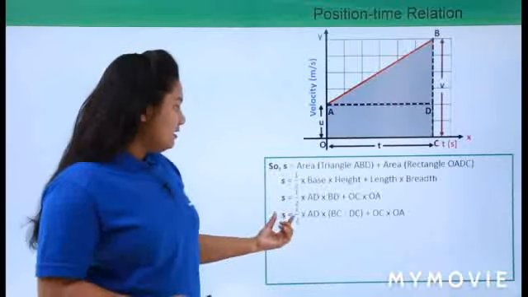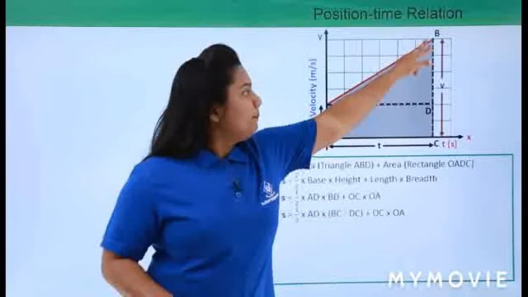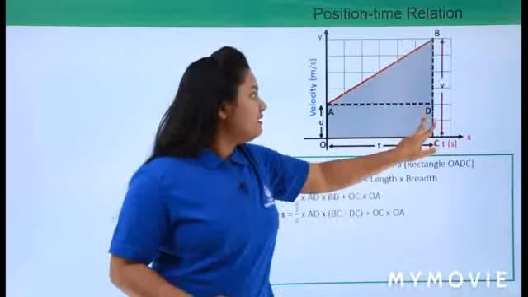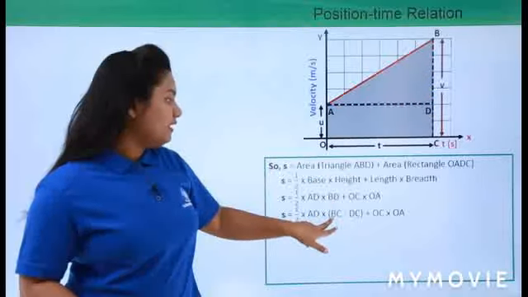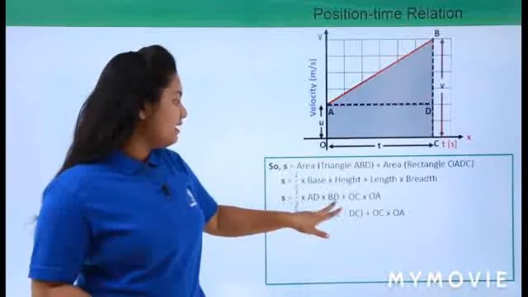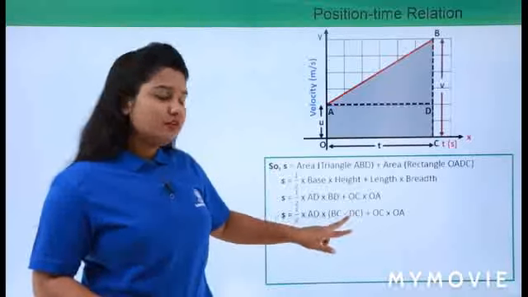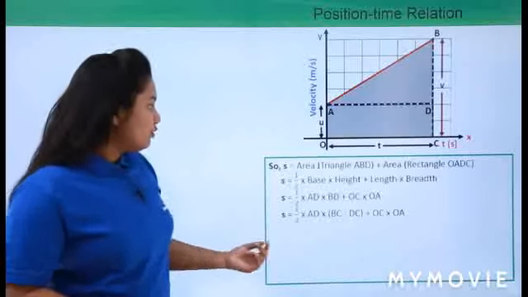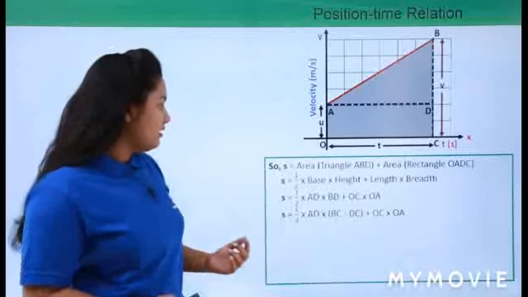Now this BD here is given by BC minus DC. When we subtract DC from BC, we get BD. So we will put that here. In place of BD, we will substitute BC minus DC. We know the values of BC and DC, right? That is the reason why we have made this substitution here.